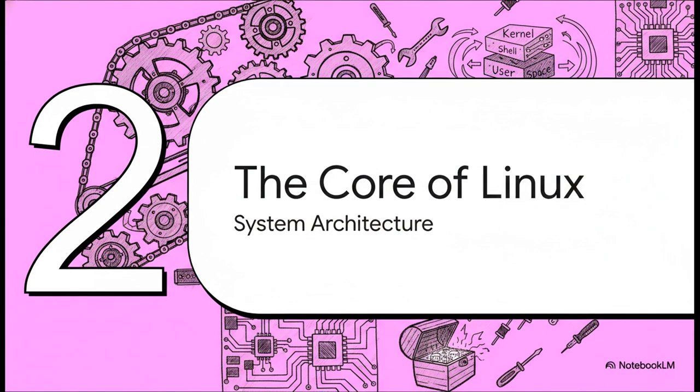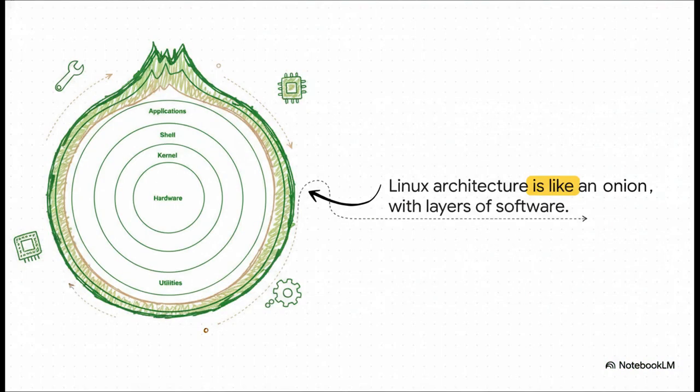Okay, so how does this whole open source idea actually shape the guts of the system? Let's get a little technical here. Don't worry, it's cool. And pop the hood to see what really makes this thing tick. I want you to think of a Linux system like an onion. Seriously. Right at the very center, you have the physical hardware. And then, wrapped around it, are these different layers of software, and each one has a very specific job to do. So let's start peeling this onion back, starting from the very core.